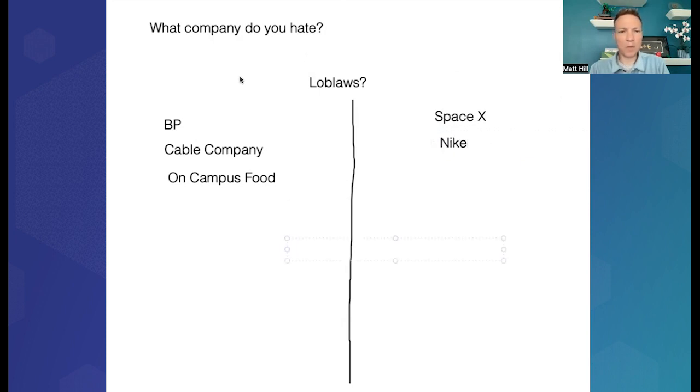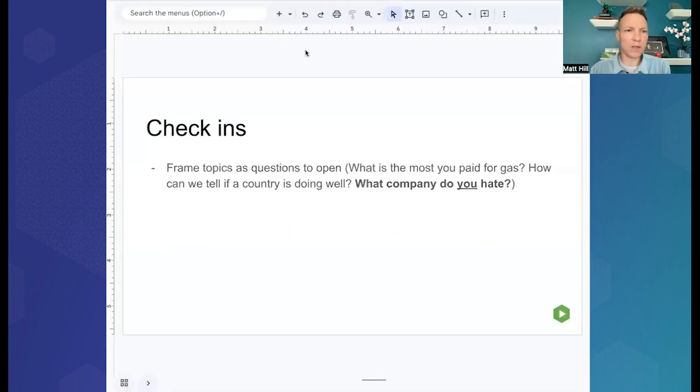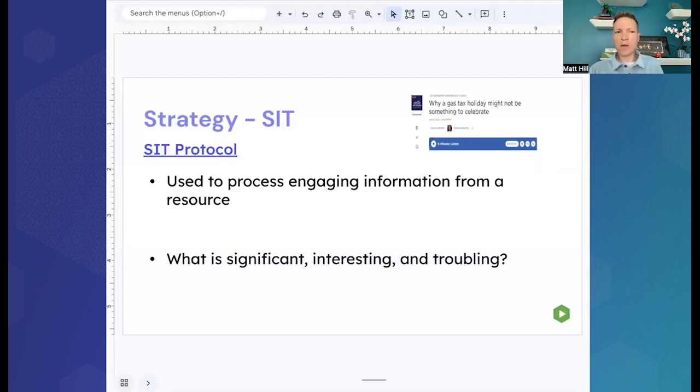Okay. But what often happens is most of the companies that people don't like have a significant amount of market power, or some sort of monopoly type power going on. And of course, so then we go into a discussion of monopolies, and monopolies are able to charge higher prices or offer worse personal service because of that market power, whereas competitive companies cannot. And so this is just a nice jumping off point that gets the students involved in talking about various companies that they don't like. Okay. So you can use check-ins in this way.